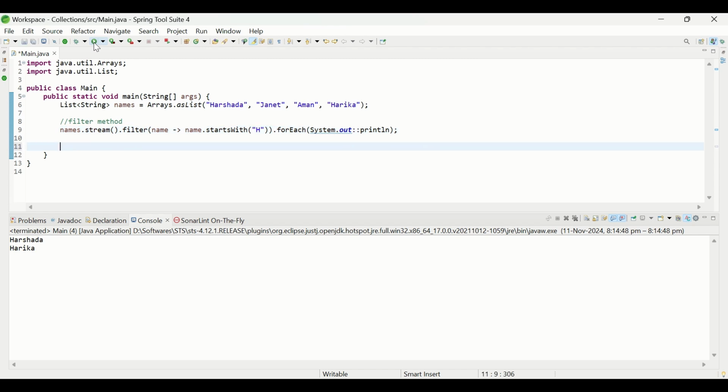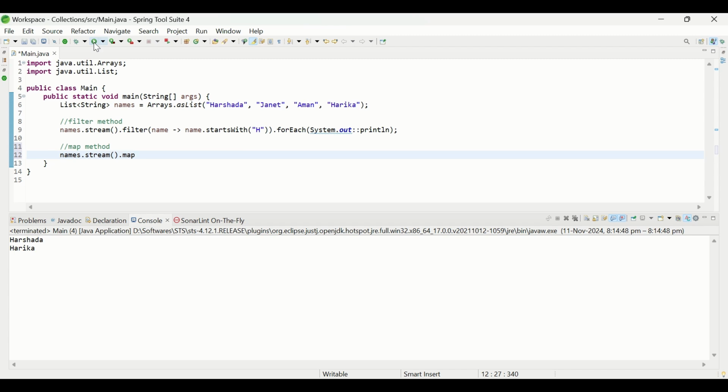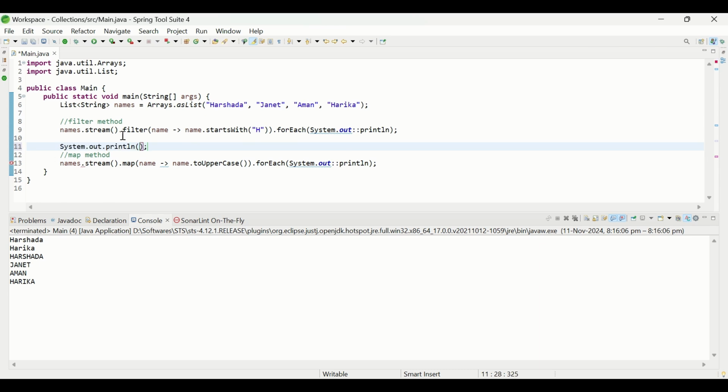So first I will write the map method. Let me add names.stream().map, and here I will convert it into uppercase, name.toUpperCase(), and again I will print all the values, and I will add a System.out.println statement. Let me save the code. One more thing let me do, let me add a sysout statement and add the partition. Let me run it again,